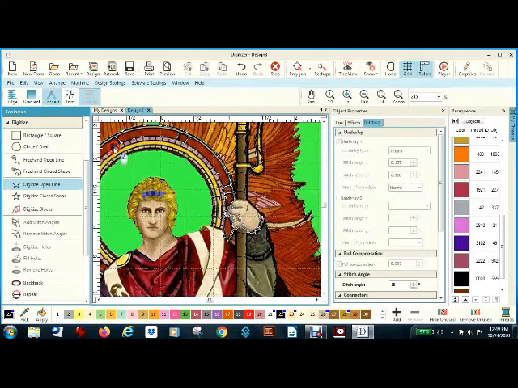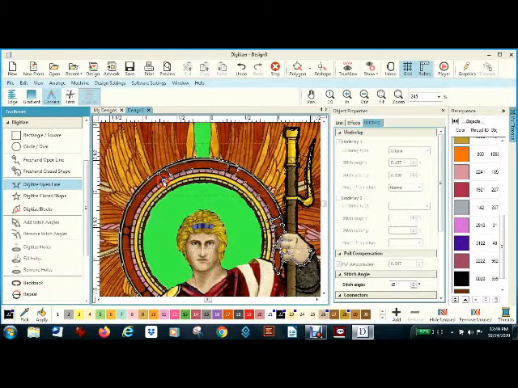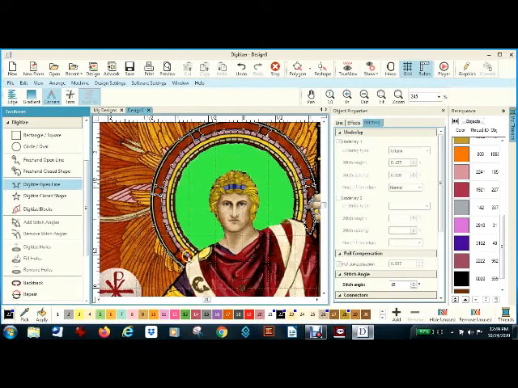With great works of art, that's particularly a problem. I have done great works of art and made them into nice appliques, for example Our Lady of Guadalupe, or some of the other works of art of Our Lady, or Our Lord's Resurrection or Crucifixion or whatever. I have done them, but usually you have to go into the photo editing and separate them into sections so that you can separate the colors